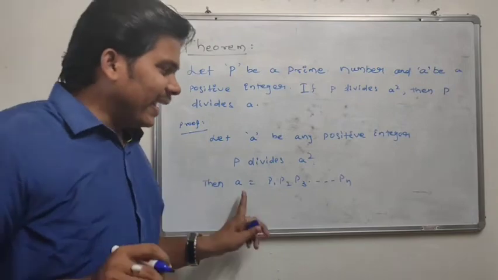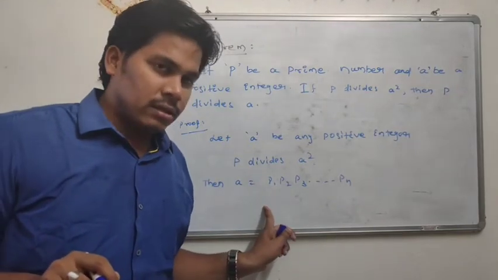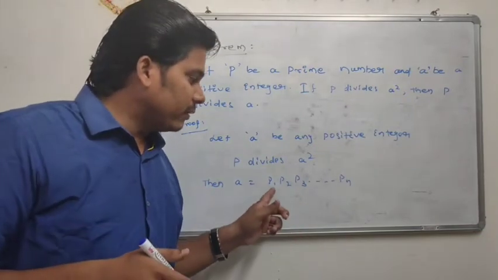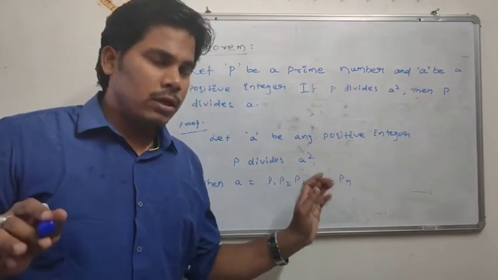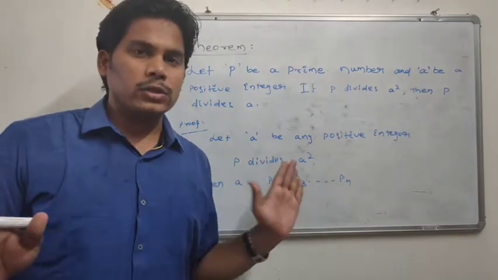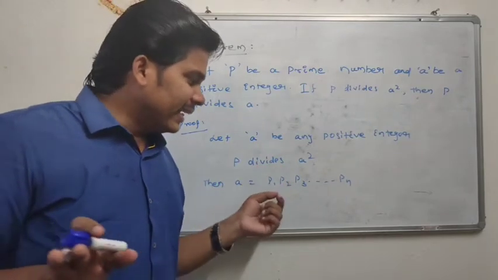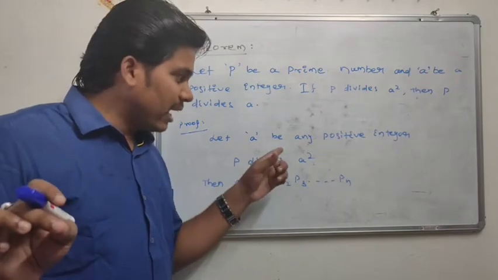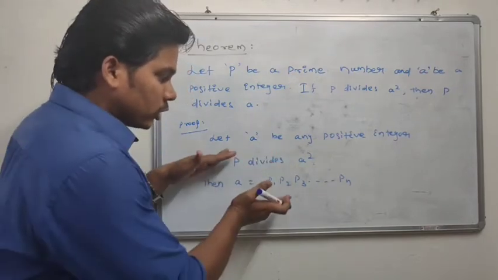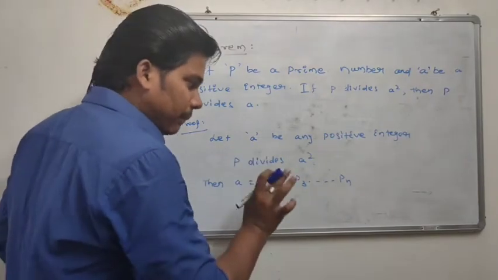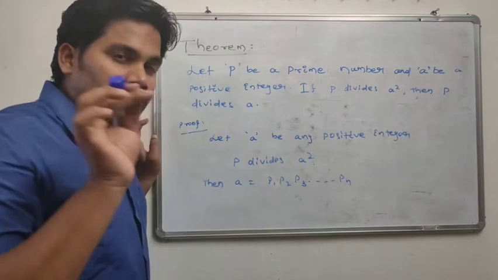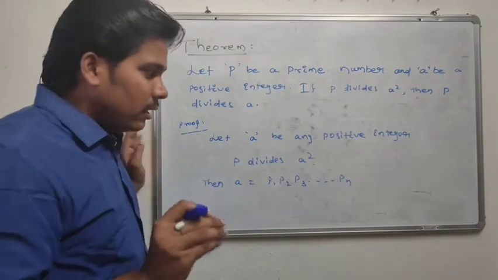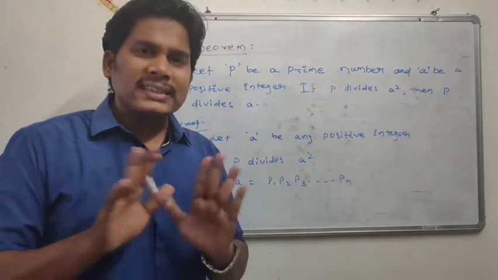Here, a is any positive integer, and if we prime factorize it, then we get p1 into p2 into p3 into dot dot pn. Or if you don't want to write the pn, simply put the dots. It indicates the numbers p1, p2, p3, p4. We are not simply corresponding p with p1 and p2. We are simply representing that p1, p2, p3 are some prime numbers which, if multiplied, will give a. And here p1, p2, p3 are not necessarily distinct.